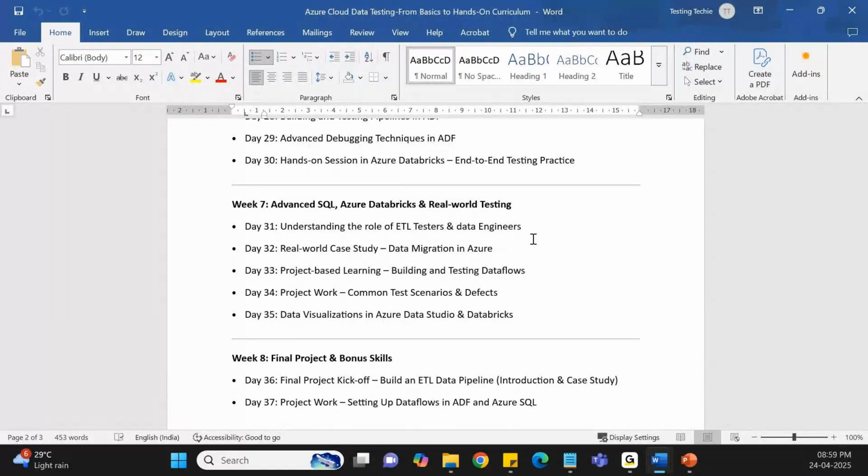Then I will show you how real-world scenarios come up, like how data engineers work. And if we face any data issues or data mismatches, mostly as a tester, we will be analyzing all these data mismatches, data loss, or any other data-related issues. So we'll be covering all those from a testing perspective, either on the Data Factory side or in the notebooks in Databricks. Okay, whatever you explain in terms of testing perspective.